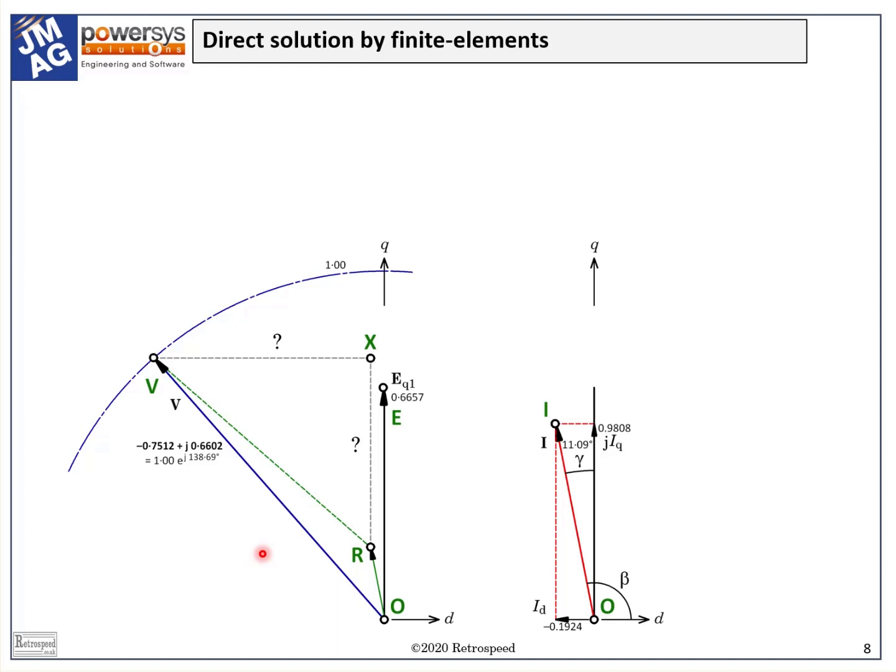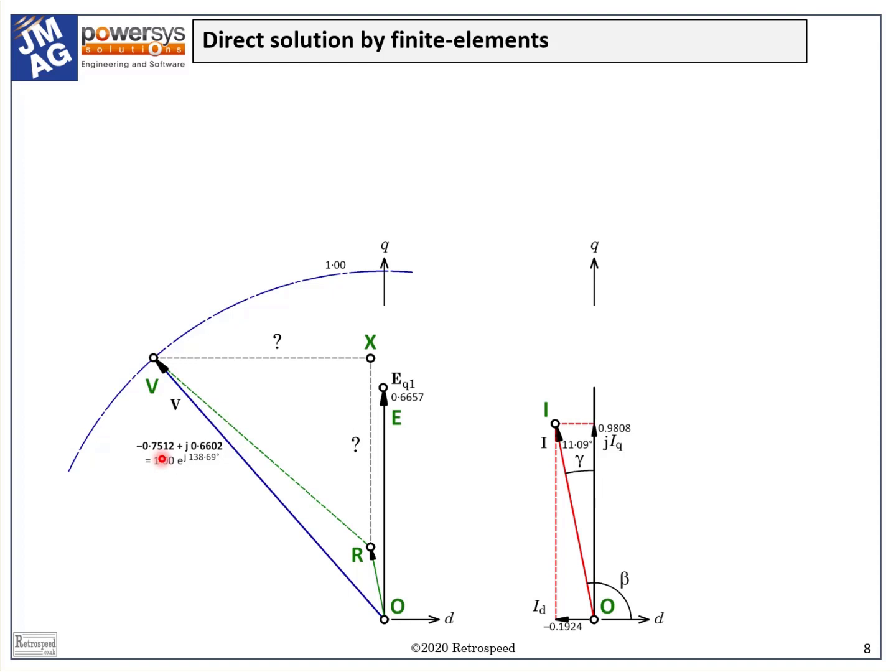Let's set this aside and suppose we measure the voltage and current and of course their phase angles, or suppose we calculate them accurately using the finite element method. In the figure, what we are calculating by the finite element method is the phasor RV. The phasor OR is simply resistance times the current phasor, so we don't need finite elements for this part. It must be possible to resolve the voltage phasor OV or the reactive voltage drop phasor RV into D and Q axis components, as for example we can see here.